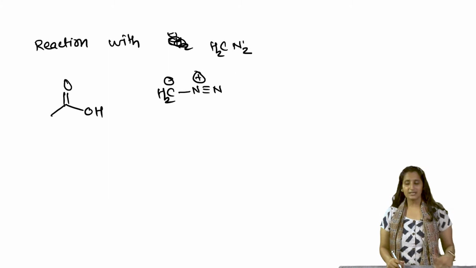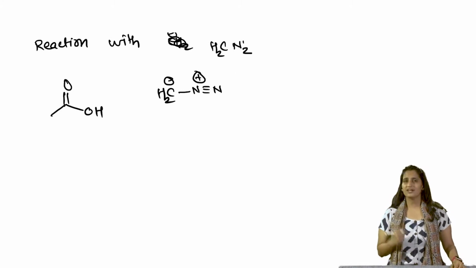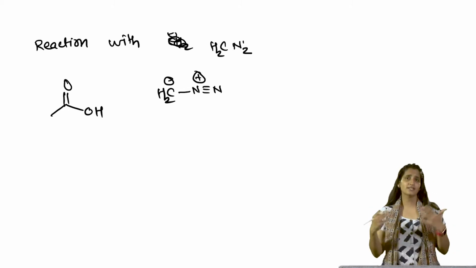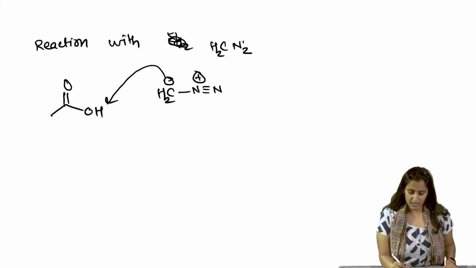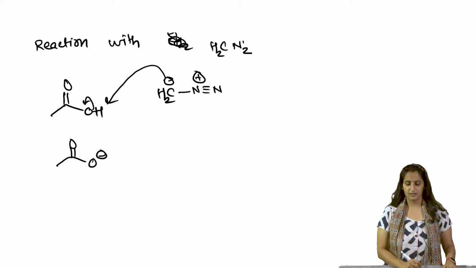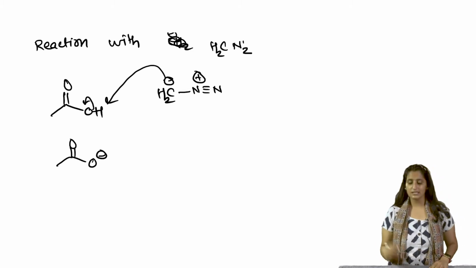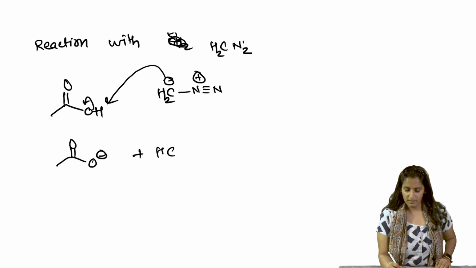Now, remember that carbon with a negative charge is a very good base. You have a very good acid. The first reaction that always happens is acid base reaction. What are we going to form? We are going to form the corresponding acetate. So, I started from acetic acid. So, we have an acetate, and you have CH3N triple bond N plus.